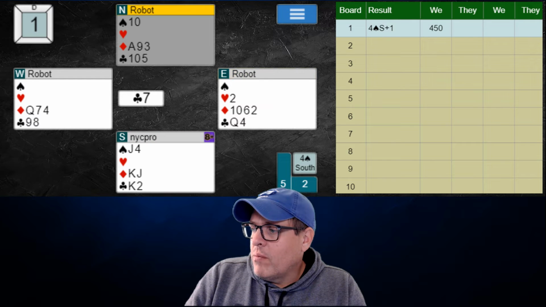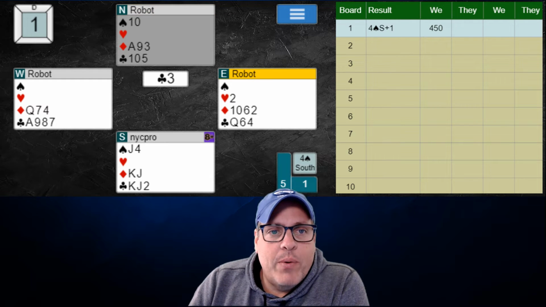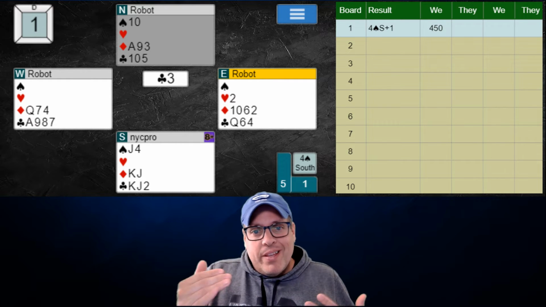No, sorry, a little bit too far here. We saw them lead a heart and we pitched our diamond. That was great. And now we just play a low club. Notice we're not playing the 10 of clubs. And I want you to think of it always in this way. If we're going to play the 10,